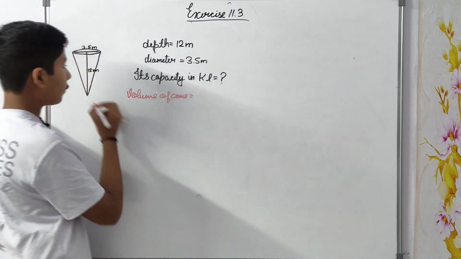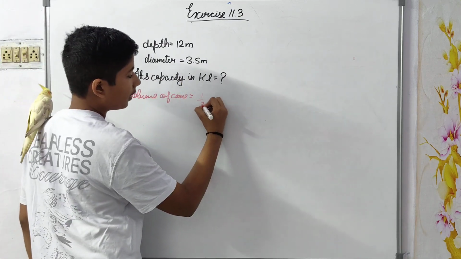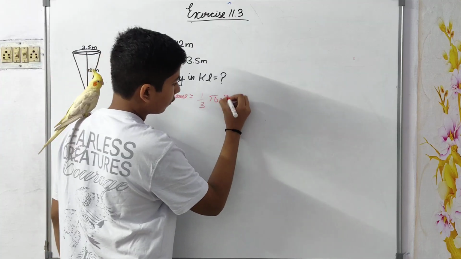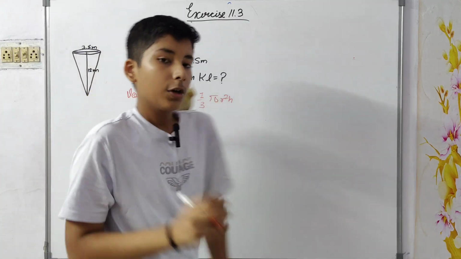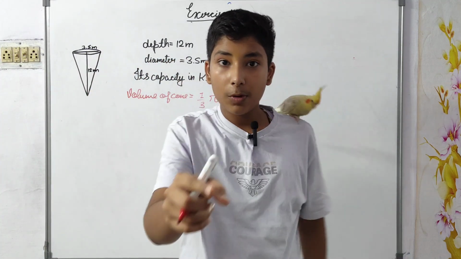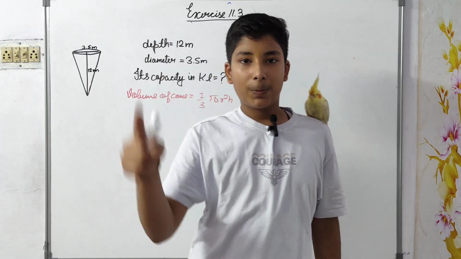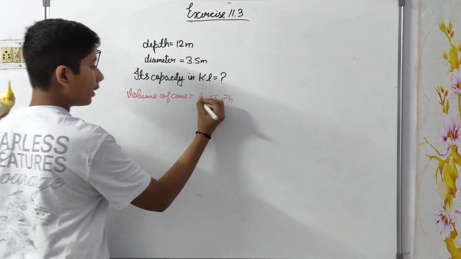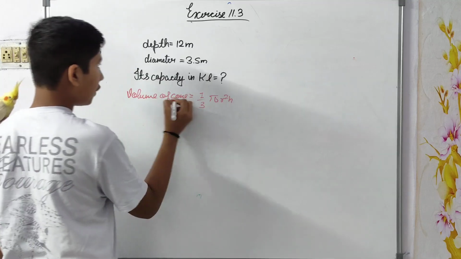Now, volume of cone is 1/3 pi r square h. See, when I ask you, you will have to suddenly speak. What is the volume of cone? Yes, you are correct, 1/3 pi r square h. So, volume of cone,